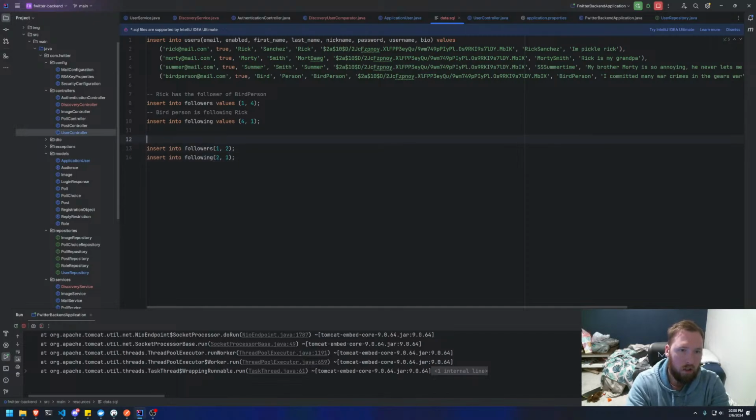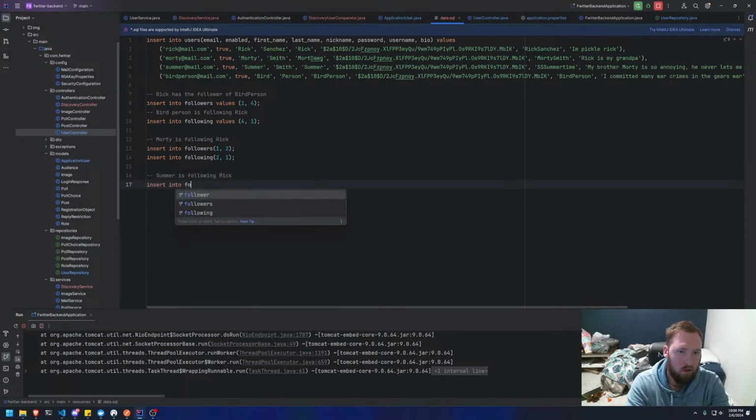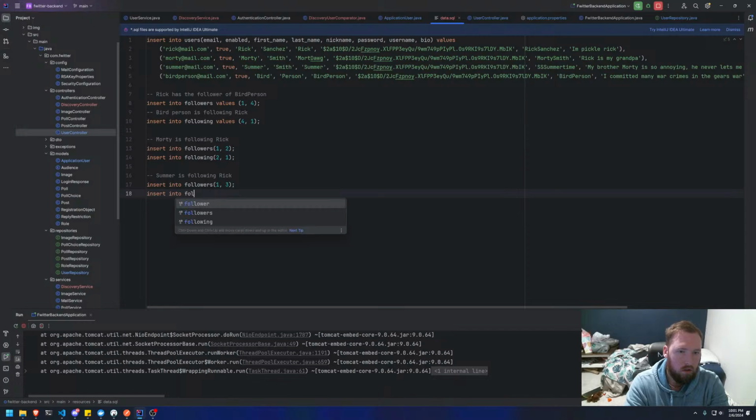So we'll say Morty is following Rick, and then we'll say Summer is following Rick. So then we can say insert into followers 1, 3, and then insert into following 3, 1. Okay,